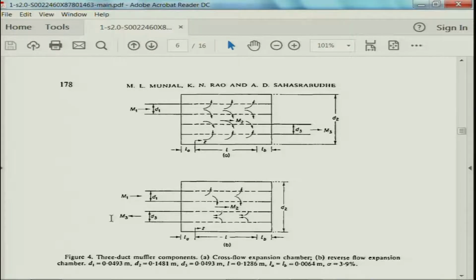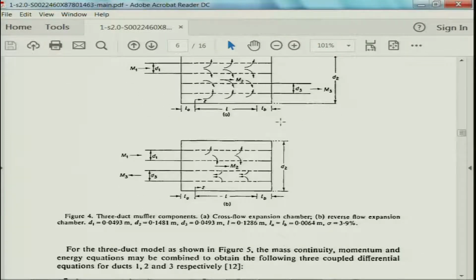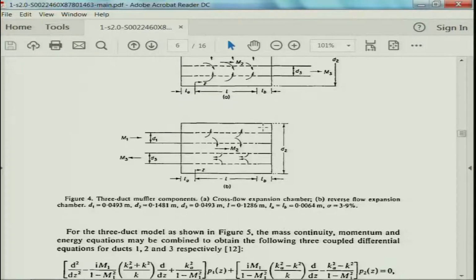When it does so, it definitely experiences much more back pressure than the straight through one, but the back pressure problem is not that much as compared to the case where you completely leave it open ended, because of the perforates and especially because the flow has these paths which guide the flow. So, the back pressure, although a bit more than the straight through element, can still be tolerable in the context of automotive exhaust systems.